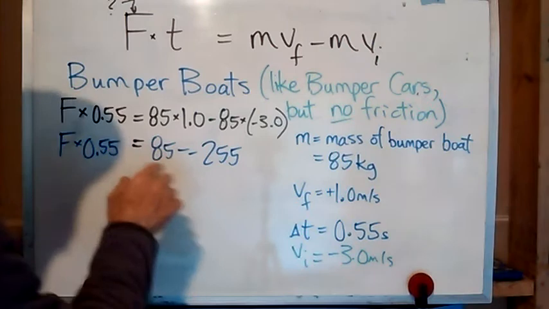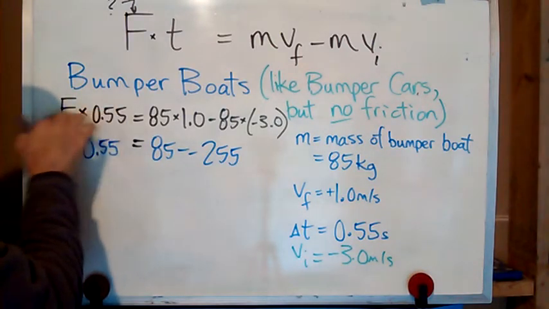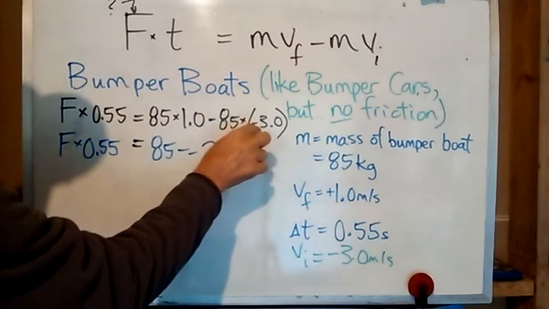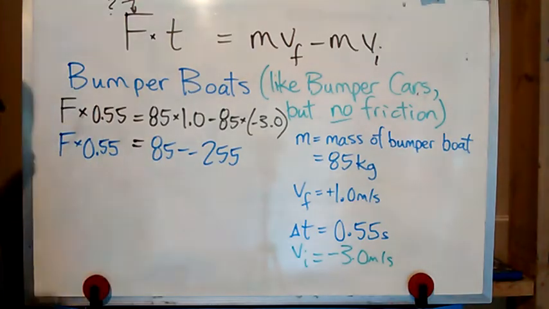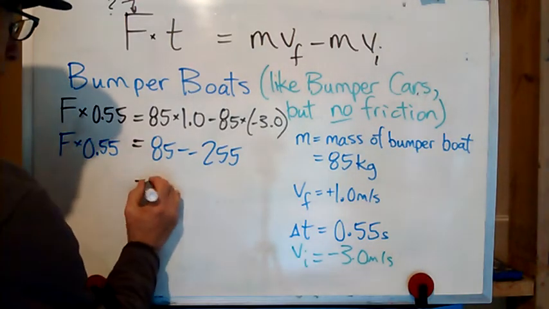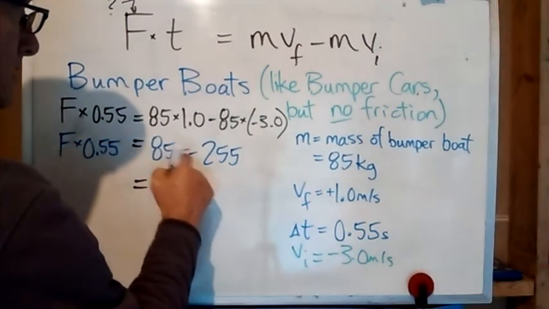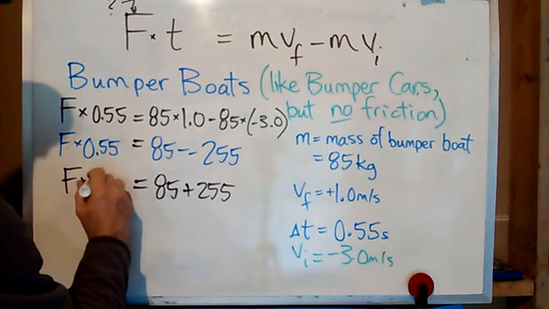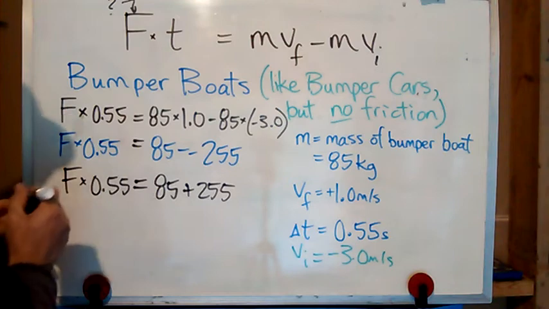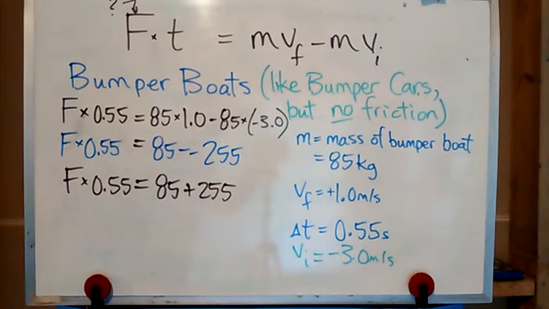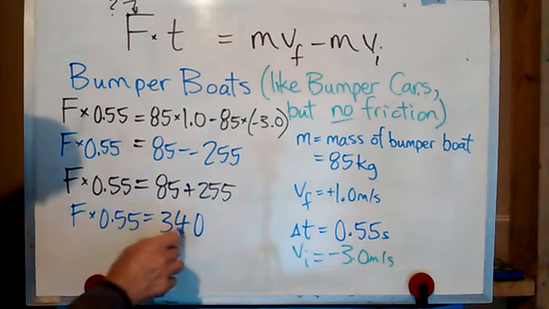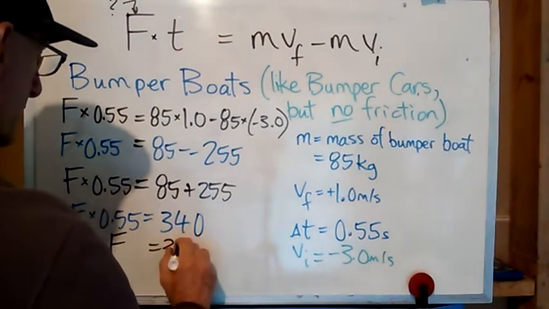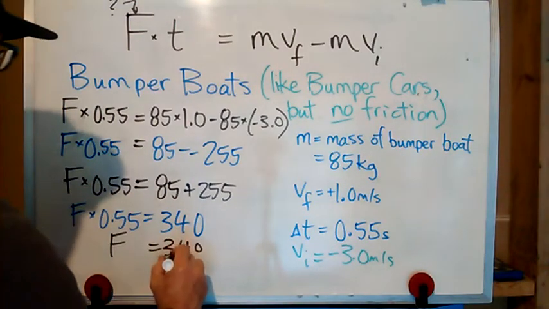And if you do the math, you get force times 0.55, same as before, is equal to 85 times 1, minus minus 255. And if we calculated the answer now, this would just be 85 plus 255 is equal to force times 0.55. So you get force times 0.55 is equal to 340. And just finishing up the calculation, force is 340 divided by 0.55,